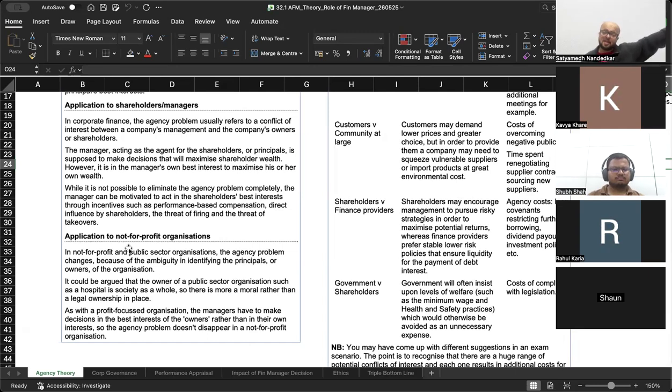The beneficiaries are the underprivileged people. The people who have contributed money are donors, whereas somebody else is running the hospital on our behalf. So identifying कि यार कौन किसका agent है becomes slightly difficult, because whose benefit or whose interest should you be looking at? The donors, what do they want, or what do the ultimate beneficiaries want? ठीक है।